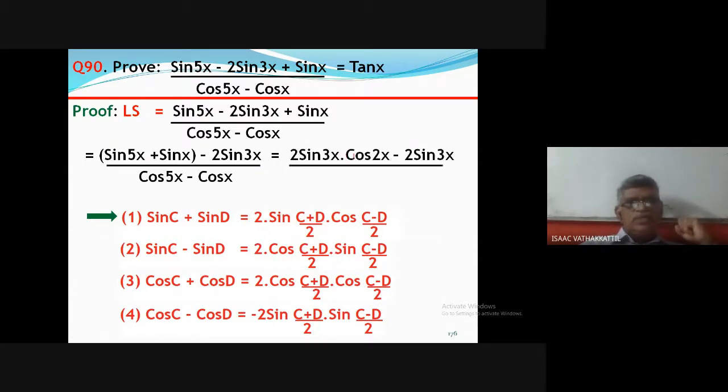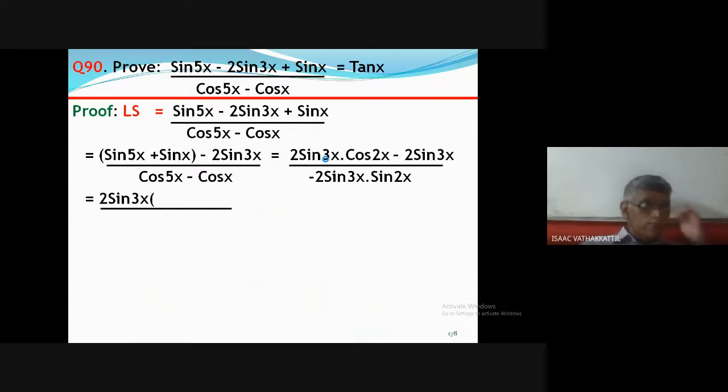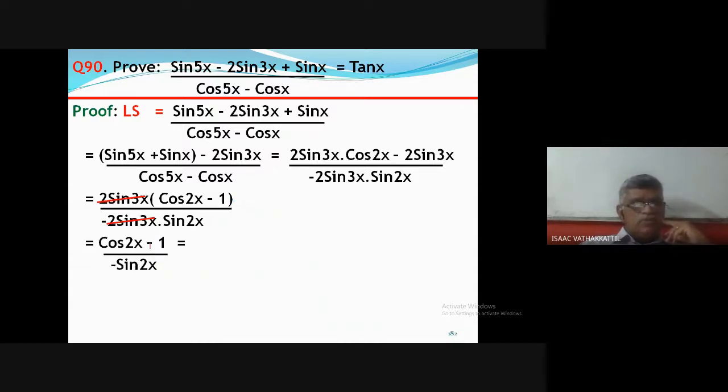So 2 sin 3x cos 2x minus 2 sin 3x upon now cos C minus cos D, minus 2 sin C plus D by 2 into sin C minus D by 2. Numerator takes something common, 2 sin 3x common into cos 2x minus 1, upon minus 2 sin 3x into sin 2x. 2 goes, sin 3x goes, this will be cos 2x minus 1 upon minus sin 2x, and that minus will make you write numerator as 1 minus cos 2x upon sin 2x. 1 minus cos 2x